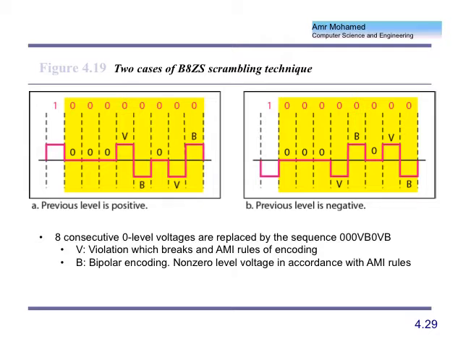Because what AMI says is that if I have 1, then the voltage level needs to be opposite of the previous non-zero voltage level, right? So if this is 1, then the voltage level here should be negative, right? So what the scrambling technique will do is that it will violate that